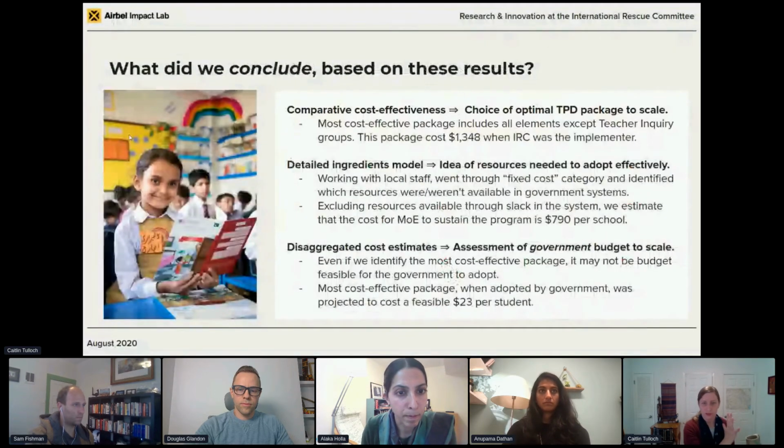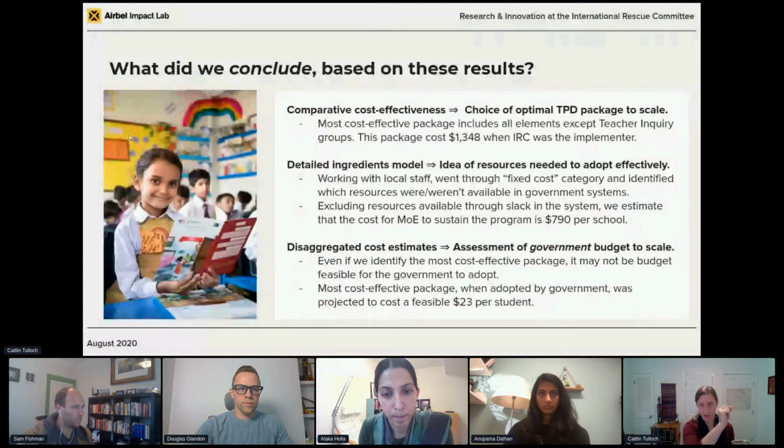Those are our cost-effectiveness results, but I want to stop and ask, what inferences did we make? What conclusions did we draw to try and draw a line between here's the ratio and this one is the best, versus something that you would really communicate to a decision maker or a policy maker? The first of those things is absolutely this comparative cost effectiveness. This helped us say this is the most cost-effective package. It includes all of these elements except the teacher inquiry groups, and that package cost about $1,350 per school when